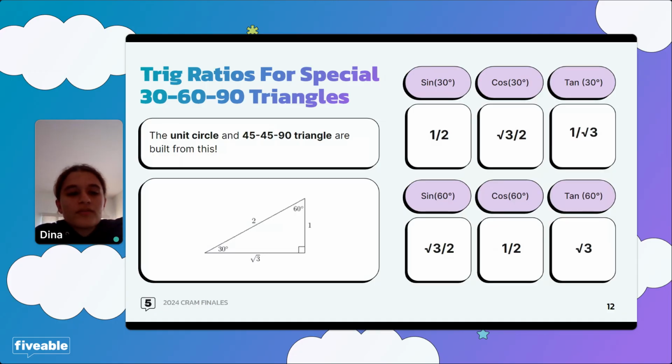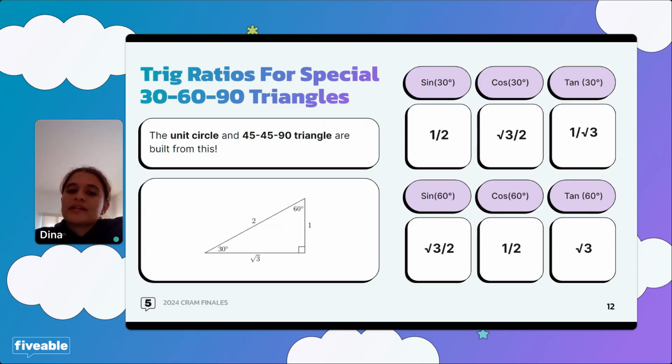And on the next slide, we can see a specific thing for the ratios of the angles. So we've probably covered 30, 60, 90, and 45, 45, 90 triangles before. But basically, the ratios of sine, cosine, and tangent here for specific angles are built off of those specific triangle cases. So these are just some values that you should have memorized for your AP test. Sine of 30 is equal to 1/2, cosine of 30 is equal to √3 over 2, and tangent of 30 is equal to 1 over √3.